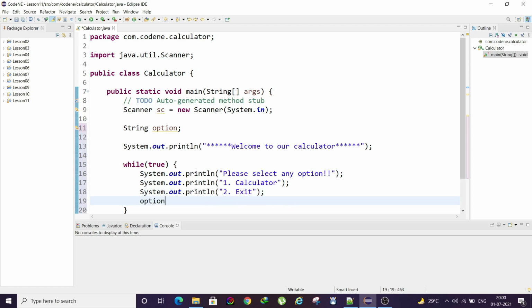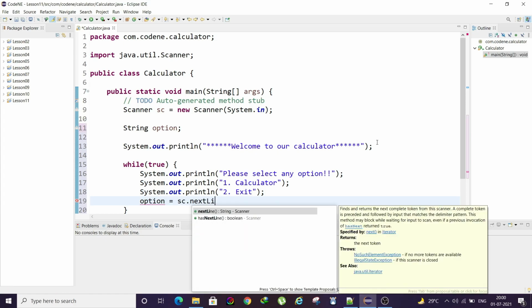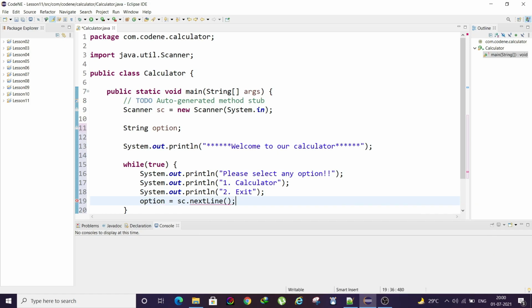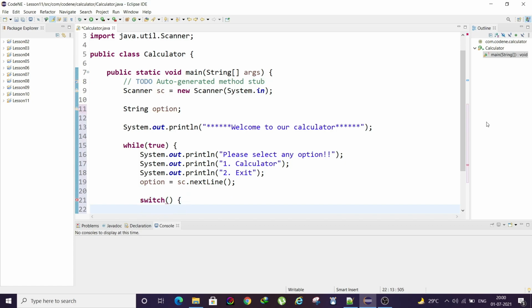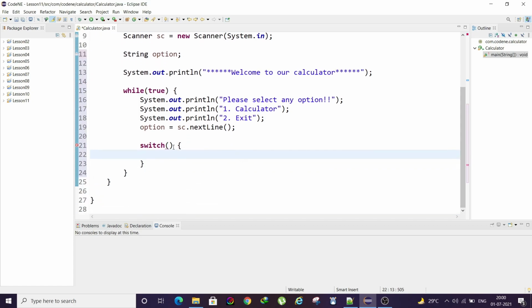Now after showing the menu to the user, we are going to take the input from the user. And as I told you earlier in our previous lesson, to take a string from the user, we just need to use the nextLine method of the scanner class. What this will do is that it will take the option from the user. Once the option is taken, we need to check the option and map it to some case.